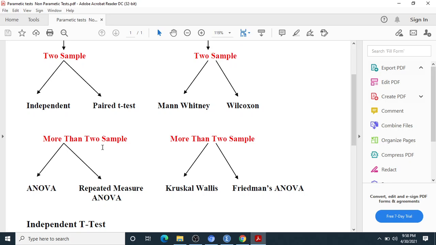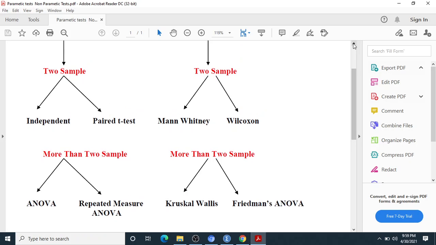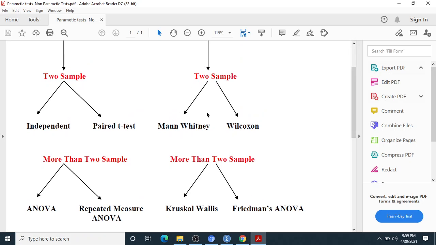And the same in case of the non-parametric test, the Kruskal-Wallis or the Friedman's ANOVA test. So it depends on the condition, and as per the condition we use any one of these, either two sample or more than two sample, either parametric or non-parametric.